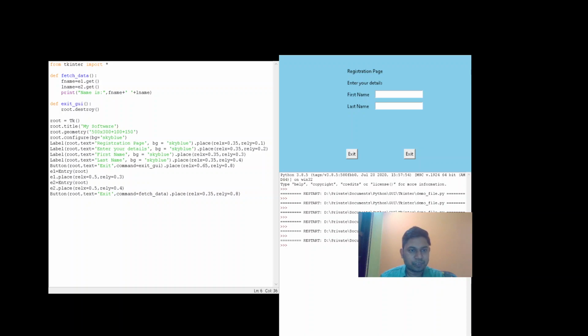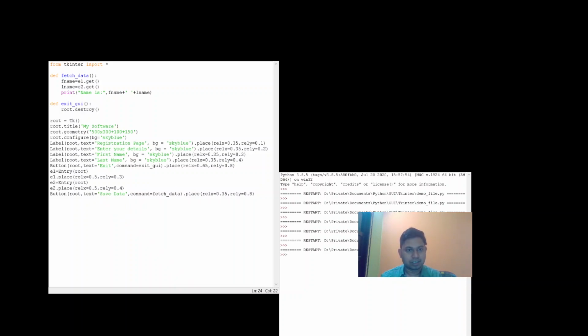Now say if I write my first name as Anirban and second name as Dasgupta. Okay, so here let me rename this button, because both the buttons are now exit buttons. So here I can write something like get data or something like save data, and let me now run this.